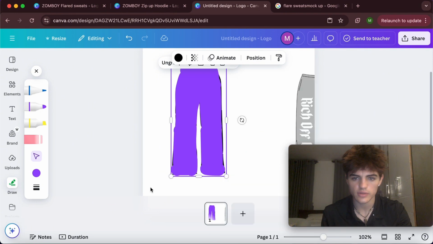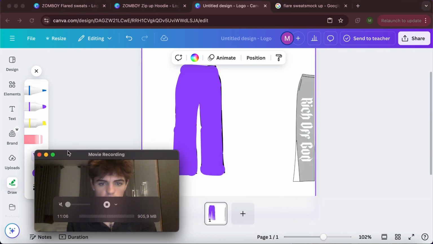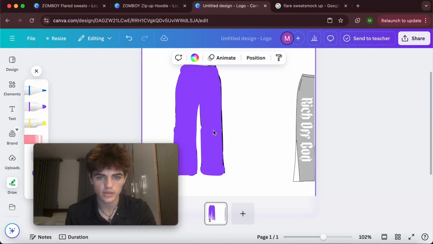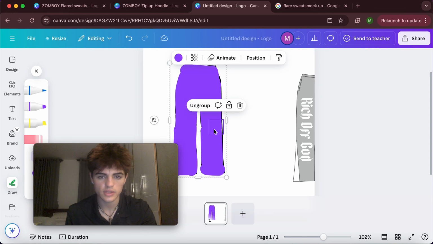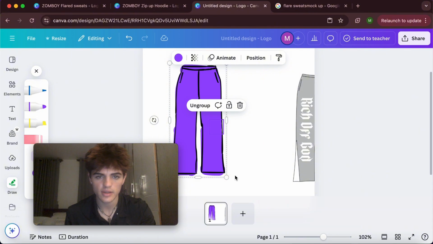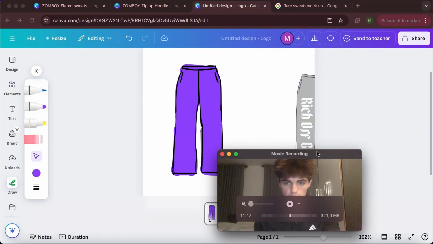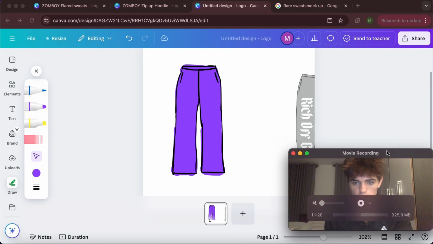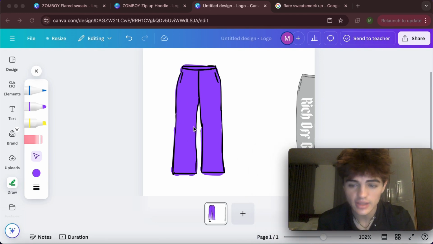So we might have to move me here. So we move me here, click here, and we just click layer, and we send back, and bang, just like that, we did the layer and sending back, and we were able to put this black lining over the purple